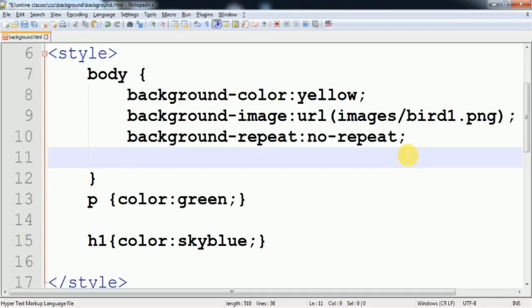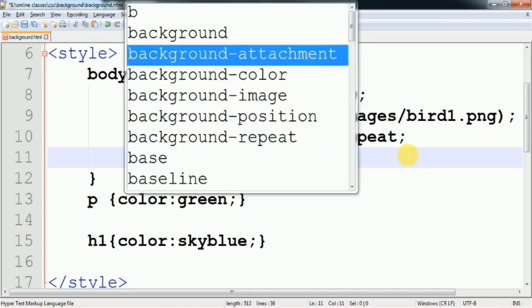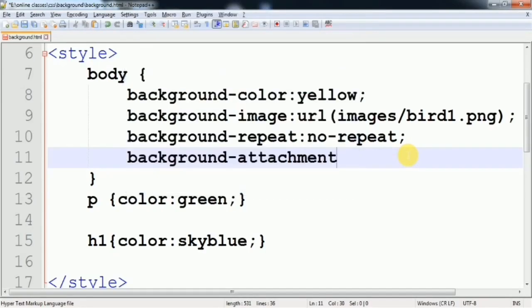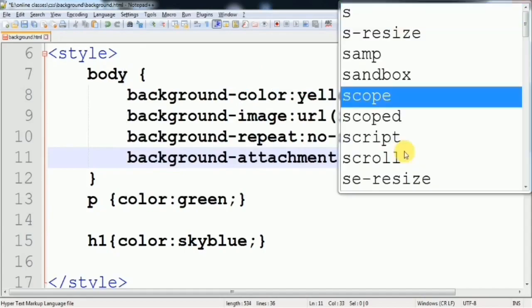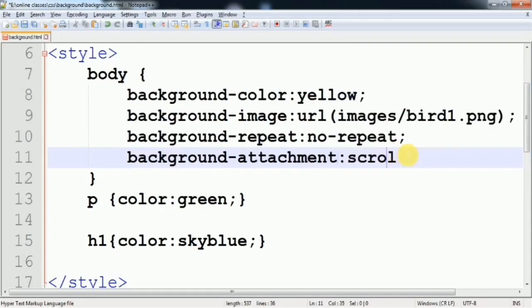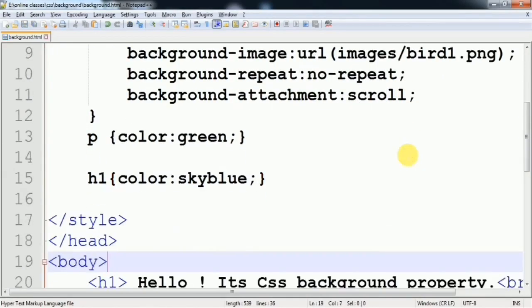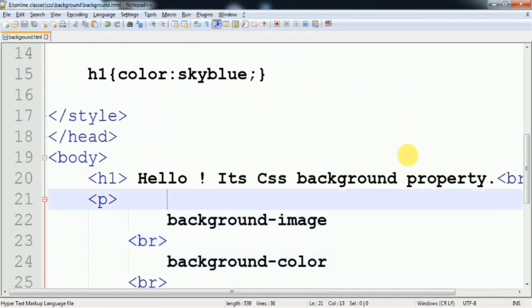So see what is the effect of this. Here scroll is the default if you are not giving it. I am giving scroll here, and let us see whether it scrolls with the text or not.